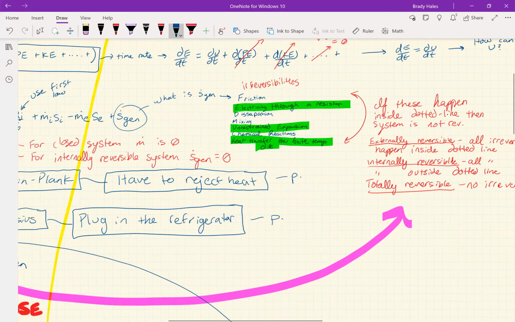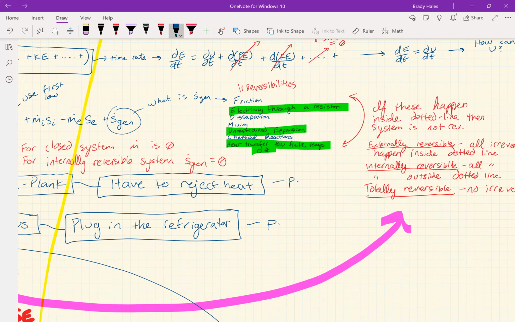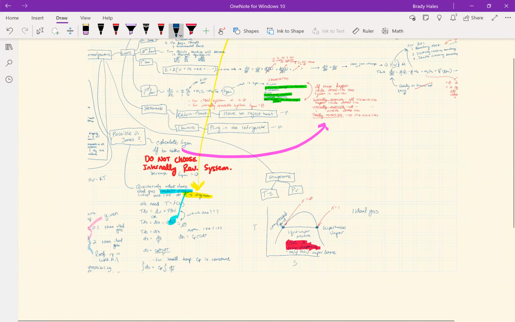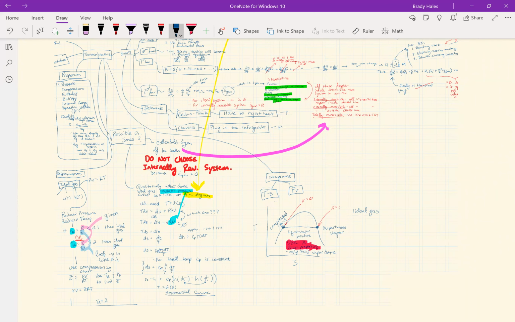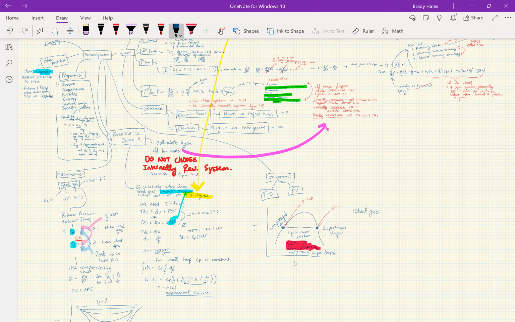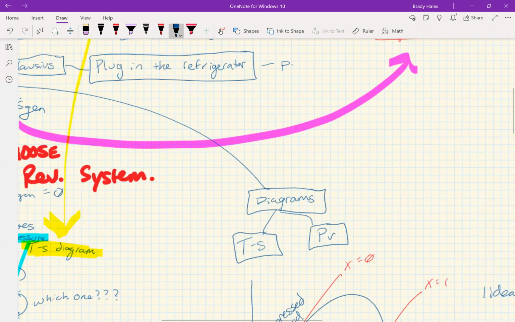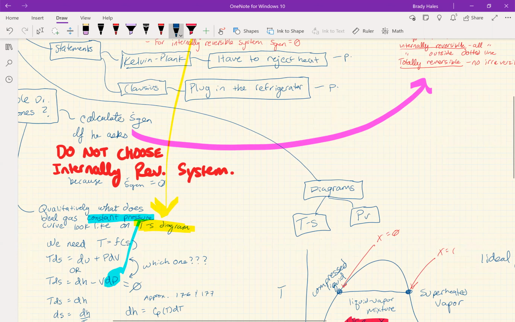So make sure that any of these green things are inside the dotted line if Dr. Jones asks you to calculate S dot gen, right? So in big red, I wrote, do not choose internally reversible system here. And that's if Dr. Jones asks you to calculate S dot gen, because otherwise it's the logical fallacy that we